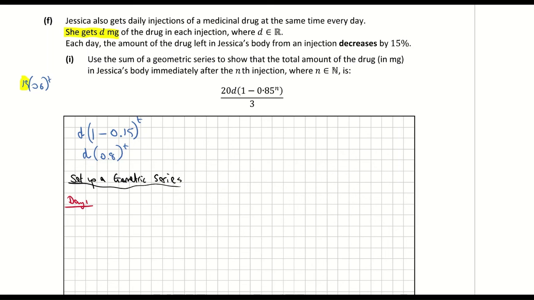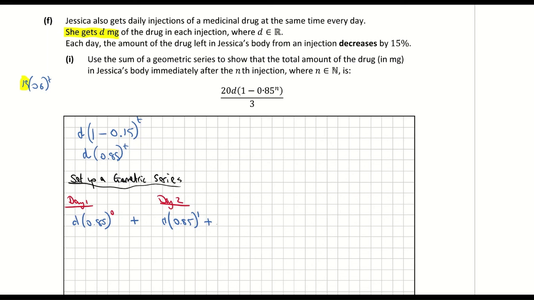And what's happening on day 1? So she's taking some amount of drug, 0.85, my fault, and it's going to be to the power of 0 because once again, she's taking it right now. That's the time I start my stopwatch, so no time has passed when the first injection goes in. Then I'm looking at day 2, so I'm adding on the amount of drug that's in her after day 2. So that's going to be d times the amount of drug, 0.85 to the power of 1,